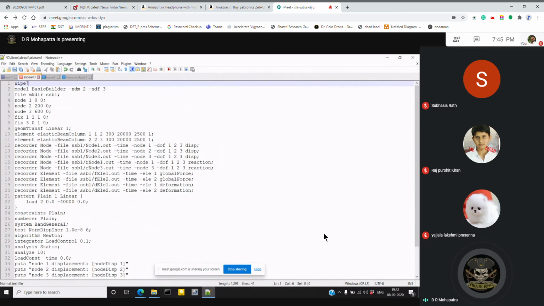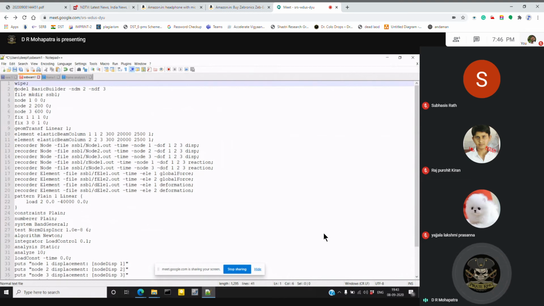So you have to develop a model. The command for that is model BasicBuilder. It is already defined in the library, so you just have to call it, like you used to do in a C program with scanf and printf, which are predefined functions.